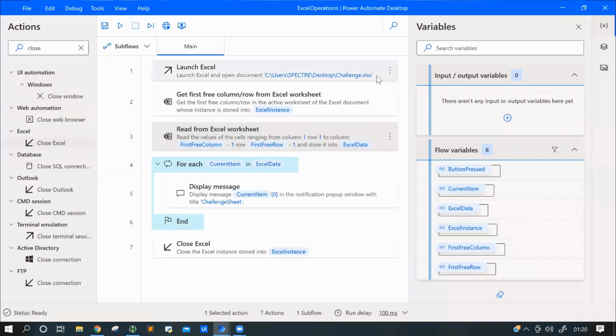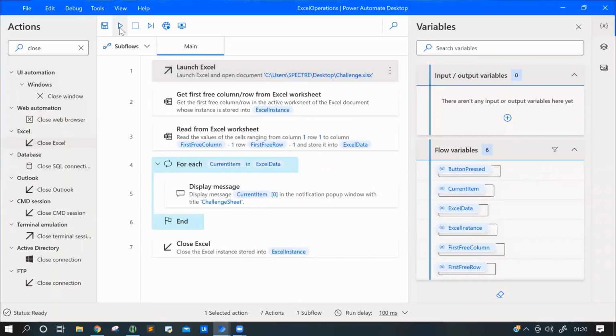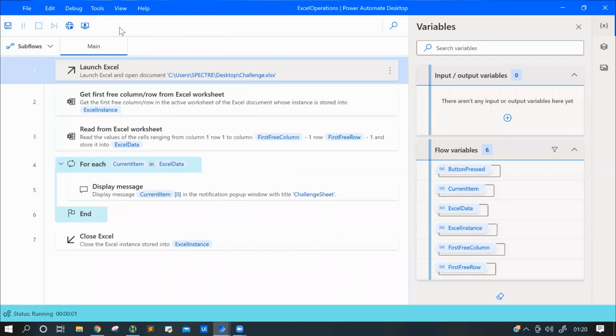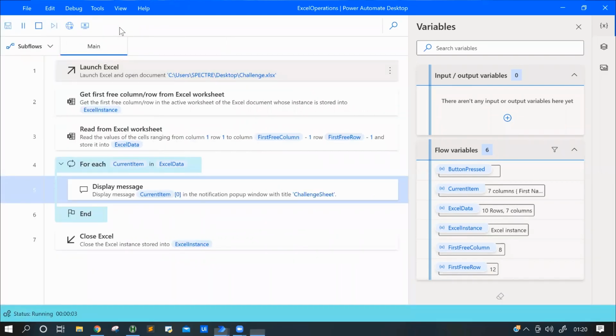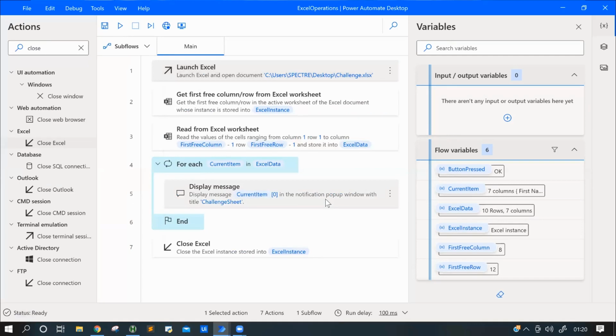And as you have seen, the Excel file was opened. As I told you, if you uncheck this one, it won't open my Excel file, and it's going to give me the correct output without opening the Excel. So this time I should not get the blank message. Yeah, it's done. So this is all about the Excel file.